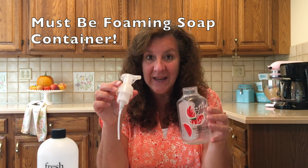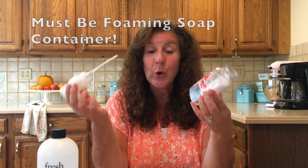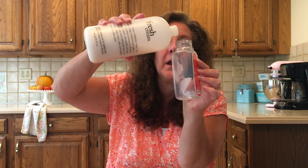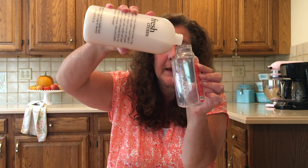I have another little fun hack for you. You know the foaming soaps that Bath & Body Works sell? They are my absolute favorite. And when they are empty, I'm extremely sad, but they are expensive. So what I do is keep the containers. They will work with any kind of liquid soap like a shower gel. What I do, and this is my hack, I'm going to show you the side of the bottle this way. You're literally going to take